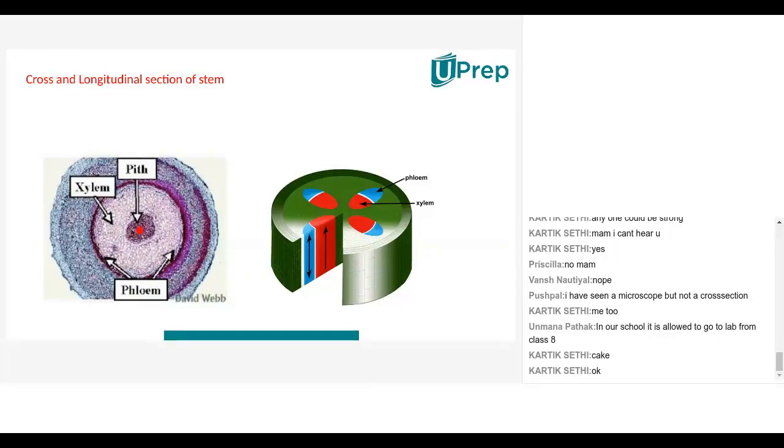You will take that very, very tiny, thin, sensitive cross section onto a slide. What is a slide? A slide is a rectangular glass object, right? On that you will put this cross section of the stem, add a little drop of water or glycerin, and then cover it with a small tiny glass known as a cover slip. After you cover it with a cover slip, you will put it under the microscope.